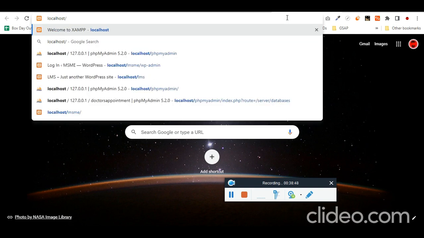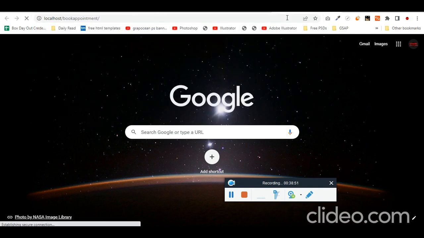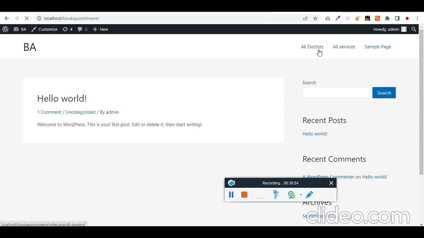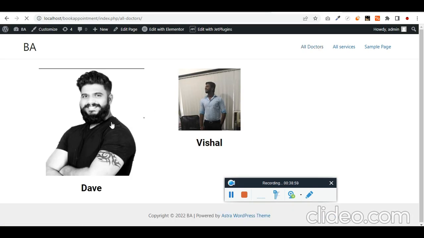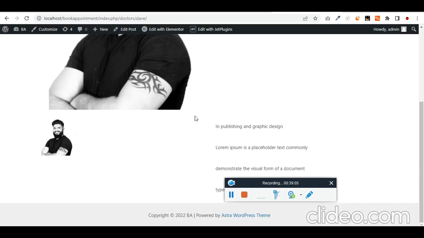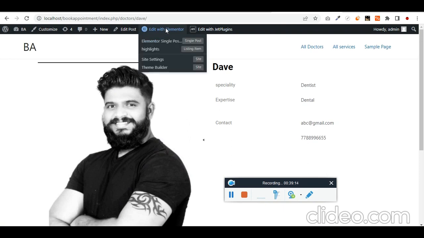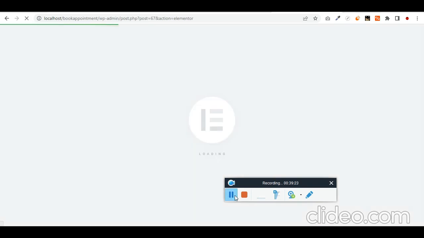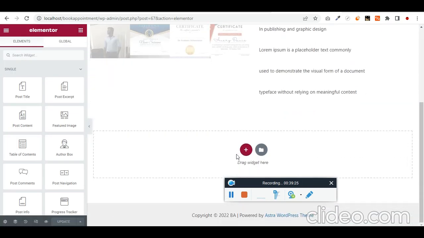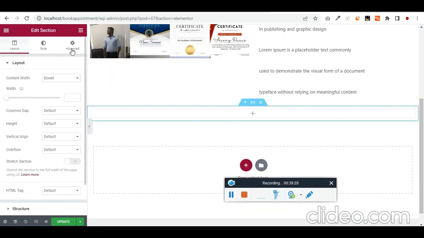And now if we click on doctor, localhost, book appointment, you can see all doctors here. So it is clickable. Click on this. So this is dentist, I believe. And on this page, what we can do is we can add the individual, edit to the Elementor, edit single post. What I was doing is I need to add the form here. So search for form,